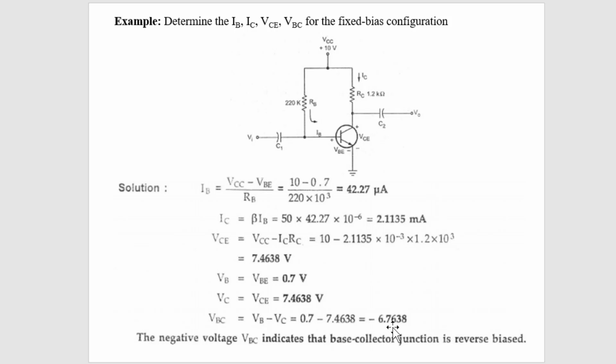So this negative sign reflects that this base collector junction is in reverse bias, and this base emitter junction is in forward bias. That is the condition we want, that base emitter junction should be forward bias and base collector junction should be reverse bias. But please note that